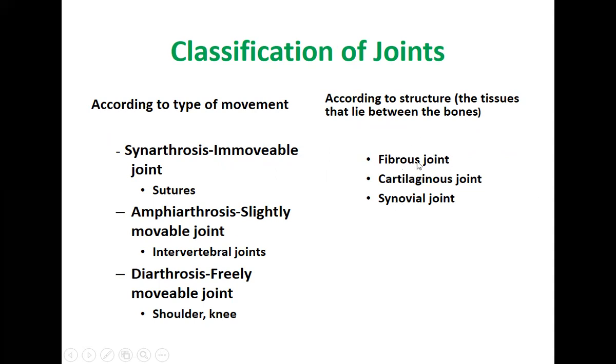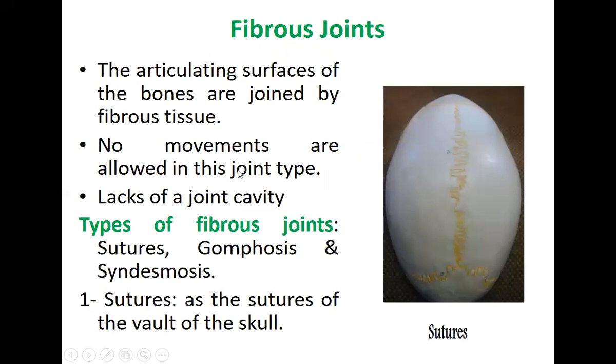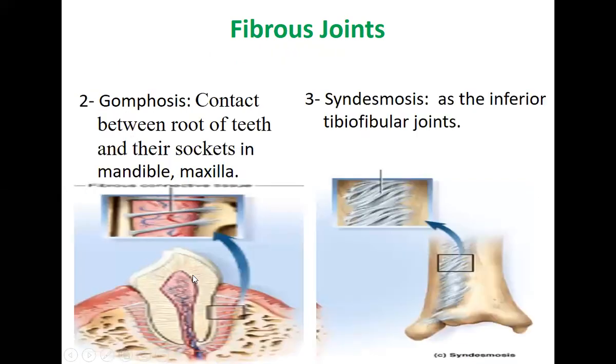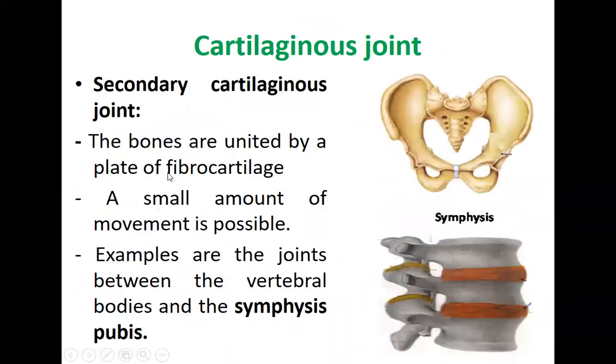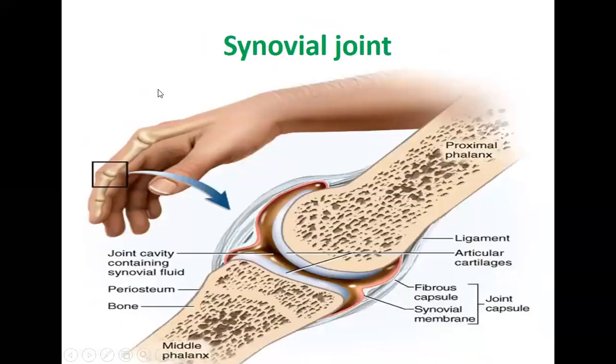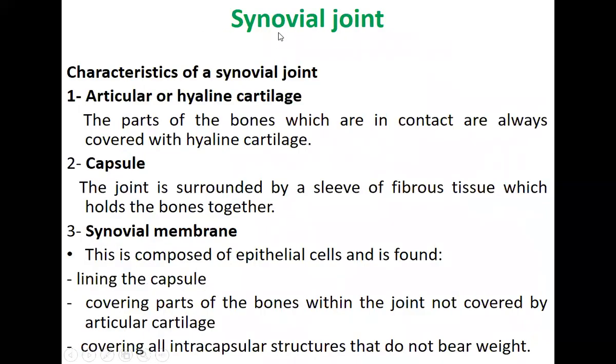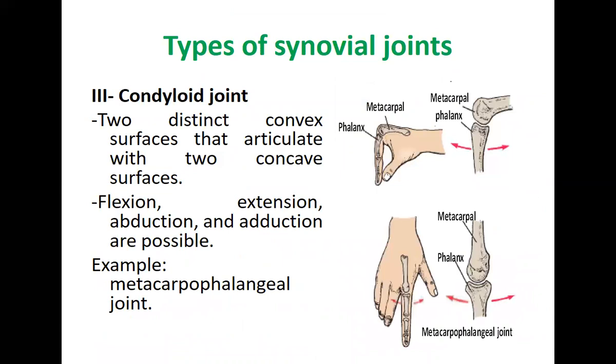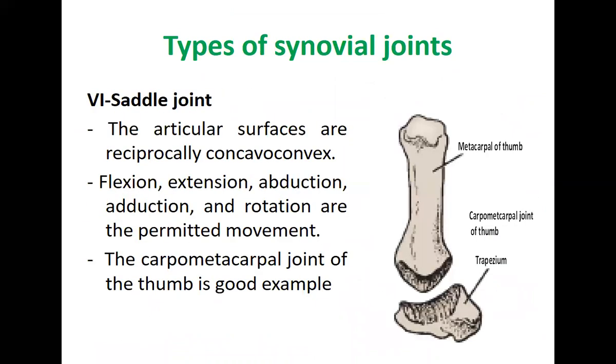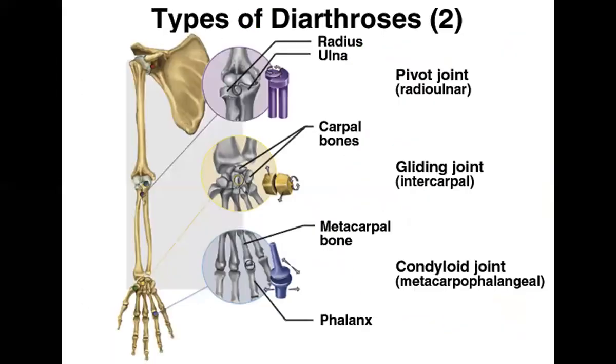Then we discussed in detail the fibrous joint. There are the sutures within the fibrous joint, then the gomphosis, which is very important for you because this is the type of joint seen in the tooth, then the syndesmosis. Then coming to the cartilaginous joint, there are two types: primary and secondary cartilaginous joints. Then the synovial joint, with the different features by which you can identify the joint and their types: hinge joint, pivot joint, condylar joint, ellipsoid joint, ball and socket, saddle joint, as well as the plane joint. These are all the types of joints which we have to know.